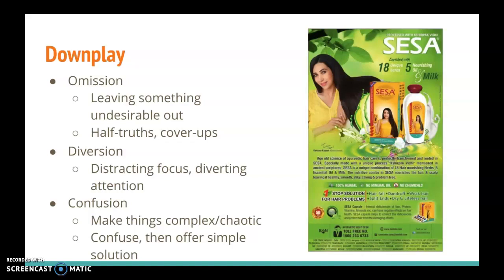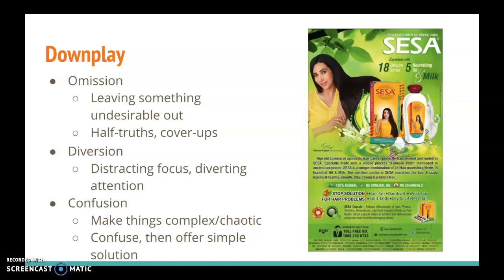Now, this advertisement is for some kind of shampoo that is supposed to stop all of your hair problems. It's called Sesa, and it has 18 unique herbs and 5 nourishing oils and milks. And it says in the middle here, age-old science of, I can't even pronounce this,